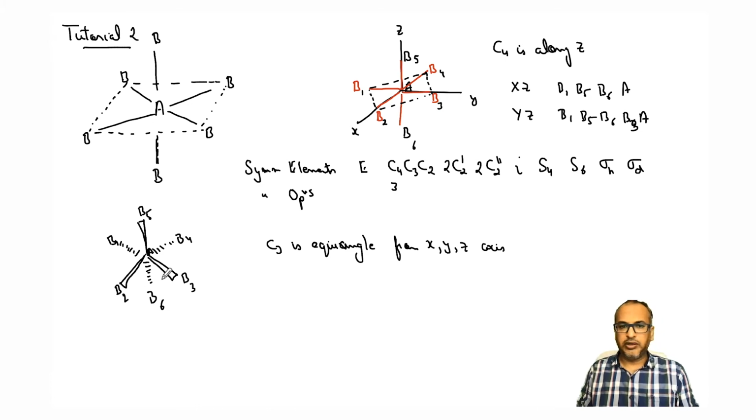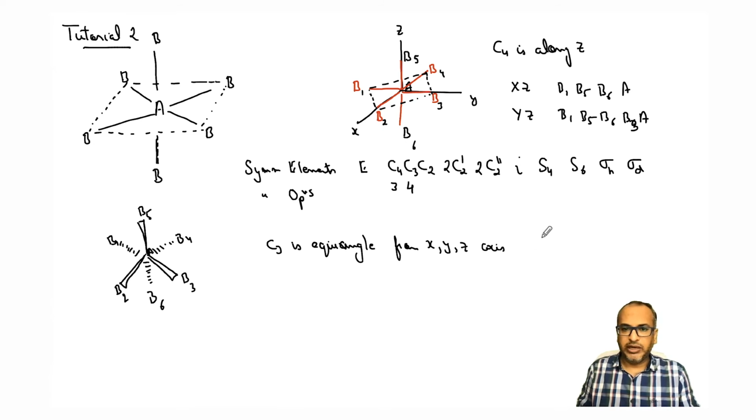So I hope you can easily see this. Okay. So how many such C3s will be there now? So you have to find such triplets. So you have one such triplet here, then you have B3, B5, B4, another triplet, and then you have B1, B5, B2. So you have to keep on counting all such, and then you will see that there are 4 such C3 axes.